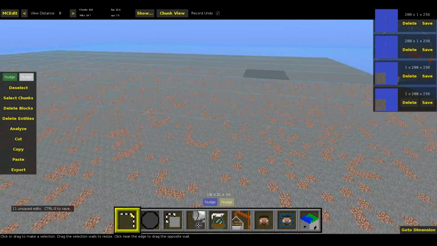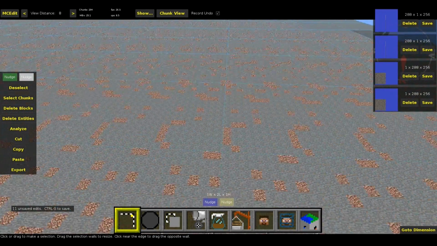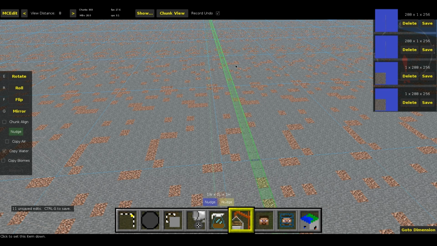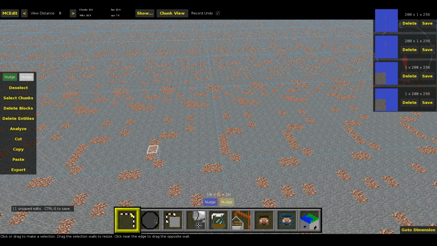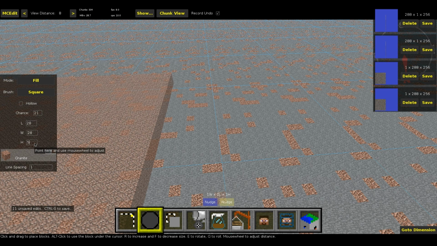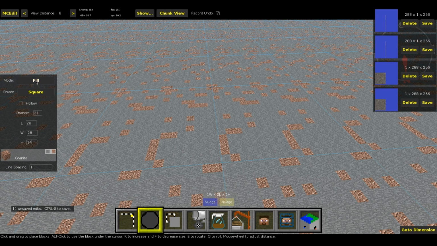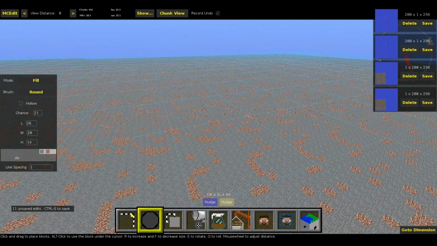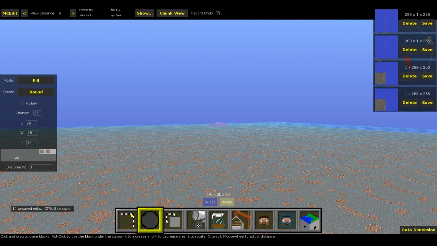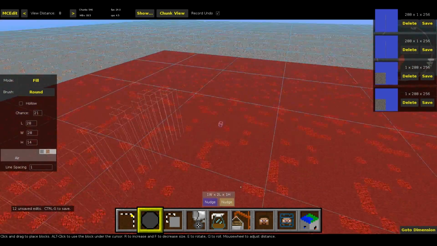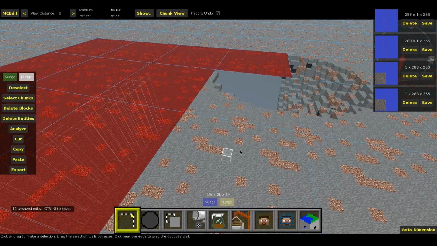So if you want it to be really, really unnoticeably random, you could try it with like 16 different slices. The randomness just depends on how many slices you use. But if we cut into this with a medium-sized round brush, filled with air, and get this brush near me. Oh, so far away, poor scroll wheel. Alright, so we cut into this, and yeah, we can make a cave out of this, and it would be